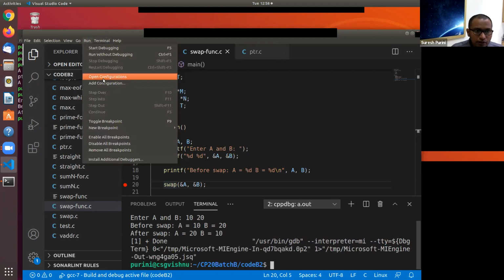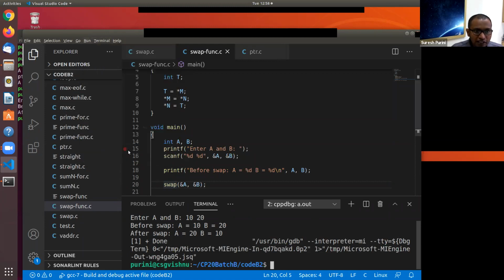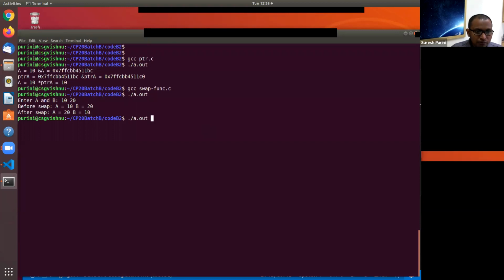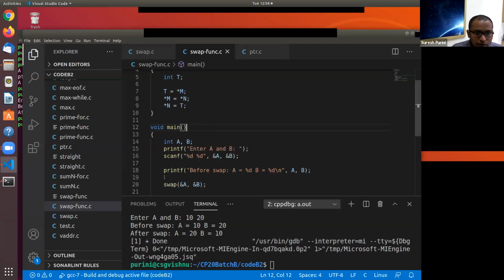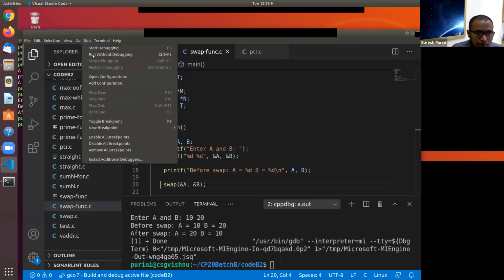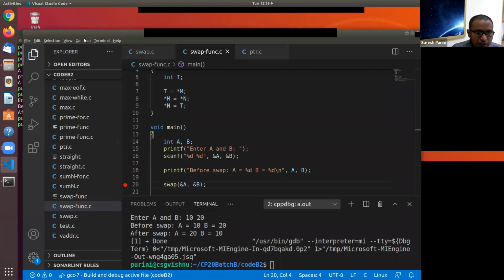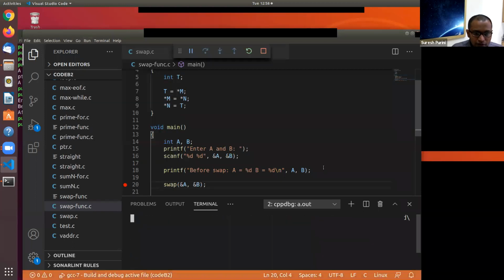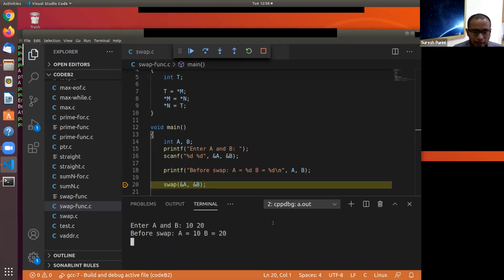Restart debugging. For some reason, the breakpoint is not working. Okay, did I compile this program? Okay. Great. Toggle breakpoint. I think it should work now. So now the program is asking for input. So let's enter 10 20. So now we are, where are we? So we are on line number